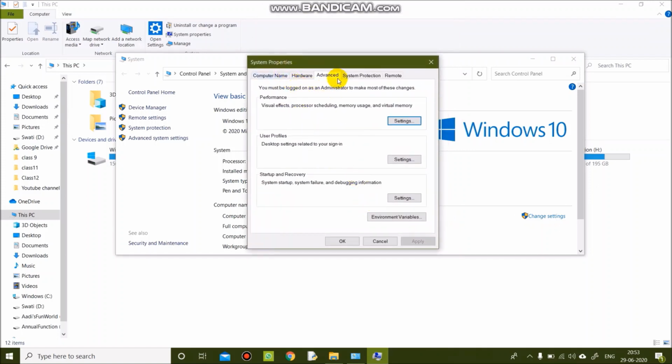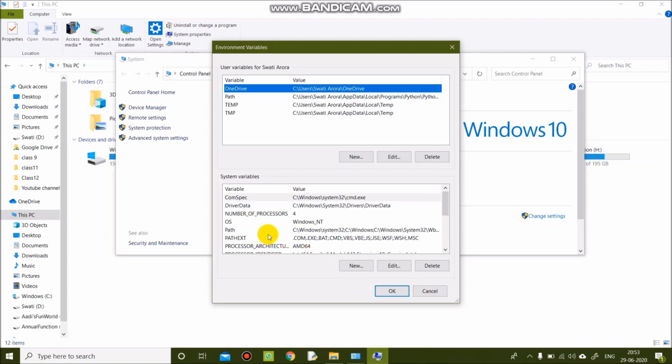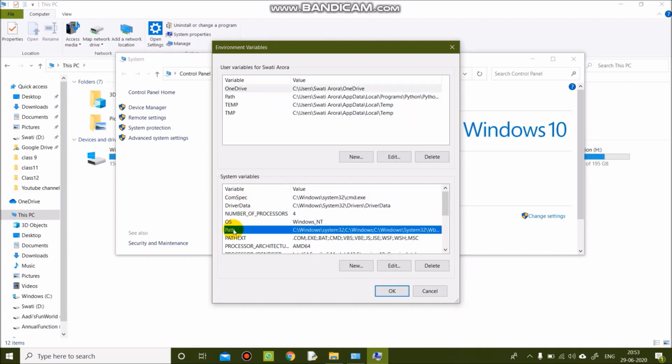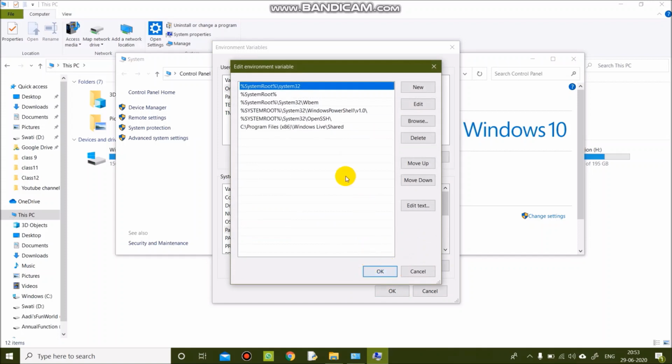Now here in the Advanced tab you have an option called Environment Variables. Under the System variables you have this thing called Path. Here you need to select this and click on Edit.